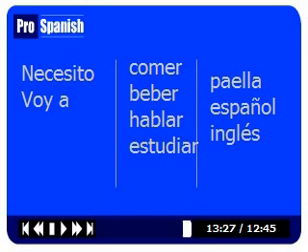And see if you can work out what an extension of that sentence might be. Y beber, to drink, y beber sangría. So a very long sentence might end up something like this. Voy a España y voy a comer paella y beber sangría. I'm going to Spain and I'm going to eat paella and drink sangria. Another very useful phrase that we can